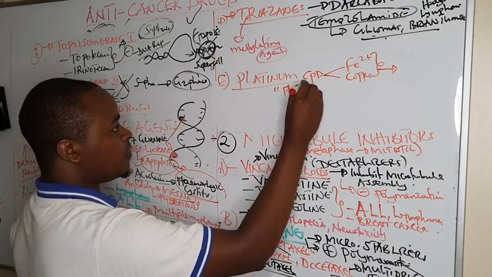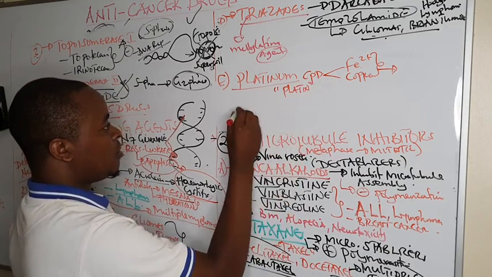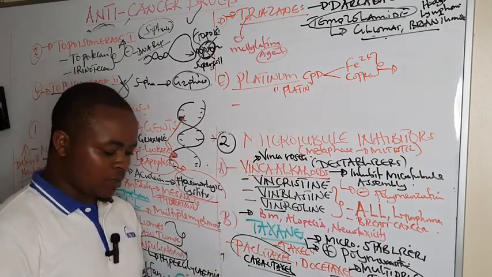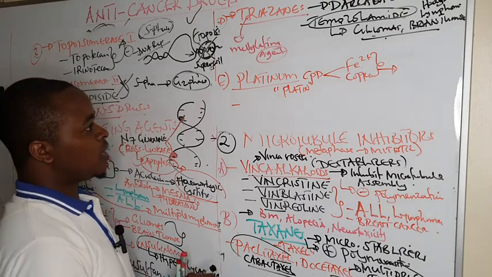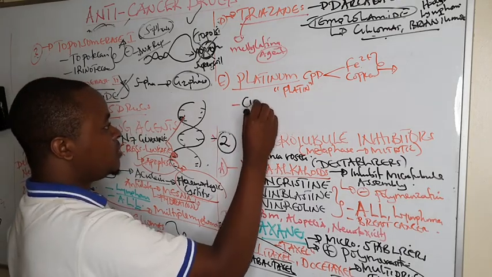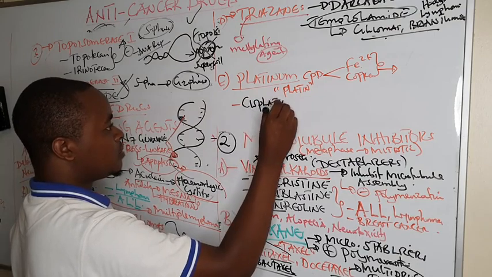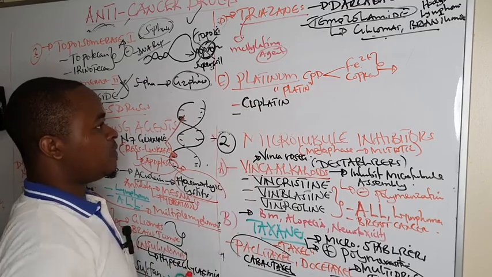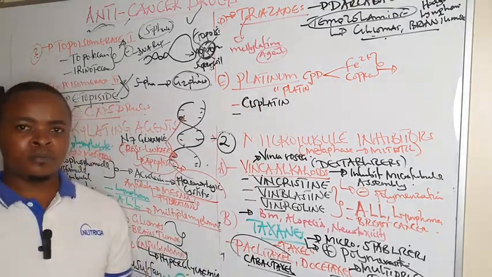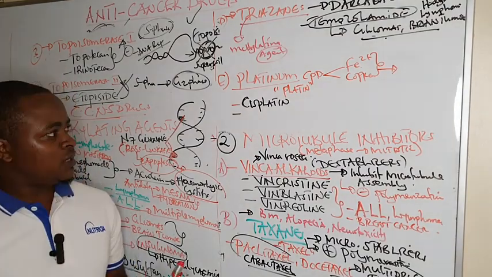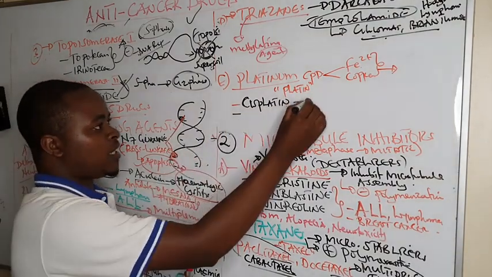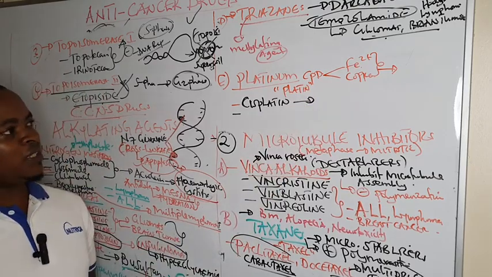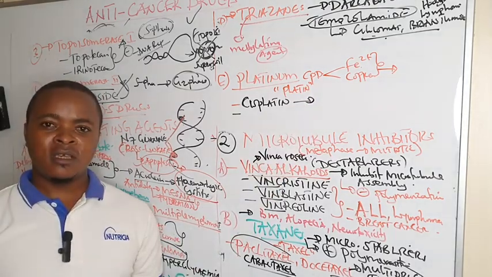Examples of these drugs end with the suffix platin. We have examples like cisplatin. Cisplatin is the example, and these platinum compounds target